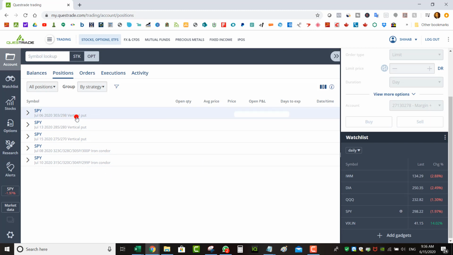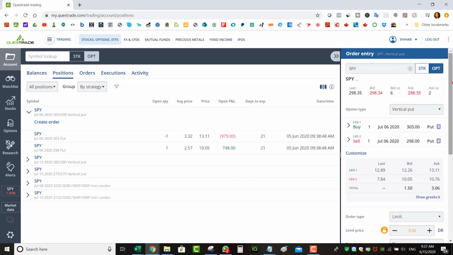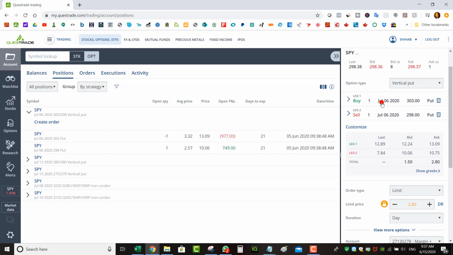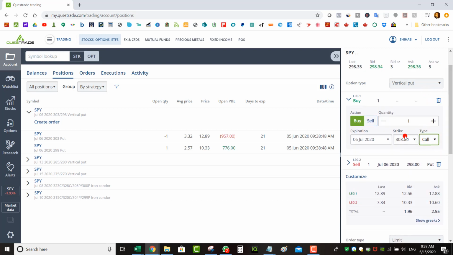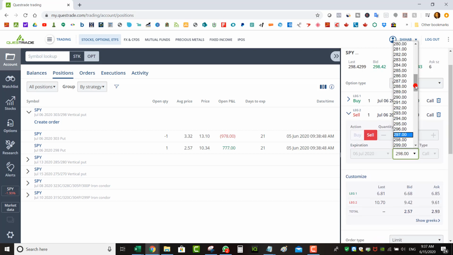Now I'm gonna have to adjust the put spread on the SPY July 6th, the 303 short strike. Looks like I'm just hesitating a little bit. All right, so create order. I'm gonna change the put to a call. Basically I'm keeping the same format, same expiry, and now I'm going to take probably a 320 call